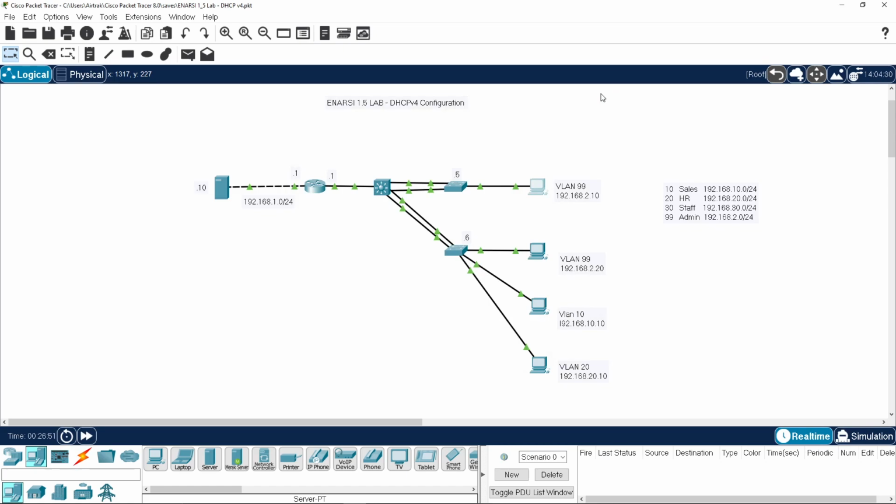So that is our DHCP version 4 configuration. Hope you enjoyed the refresh,